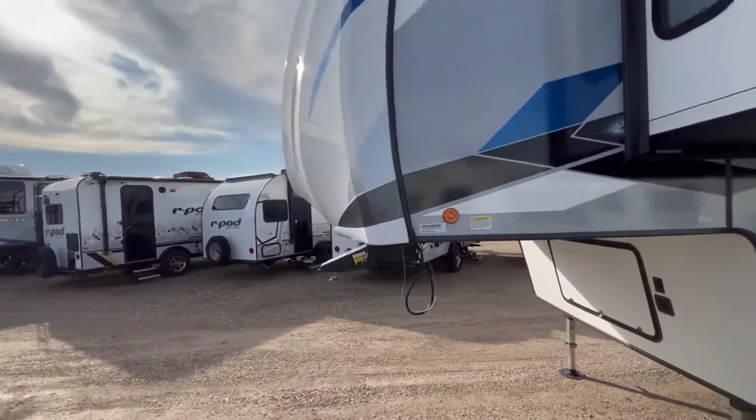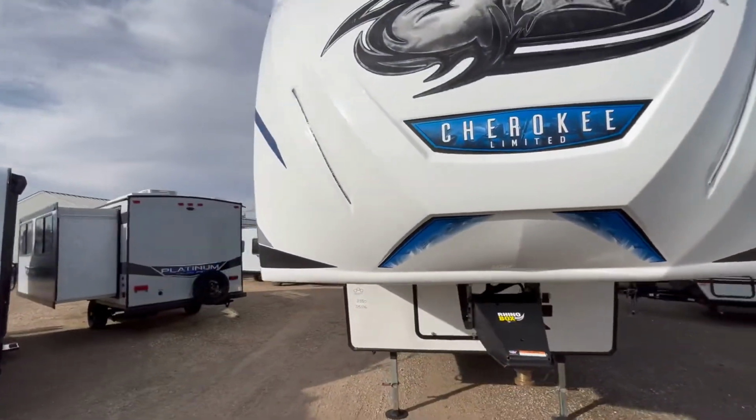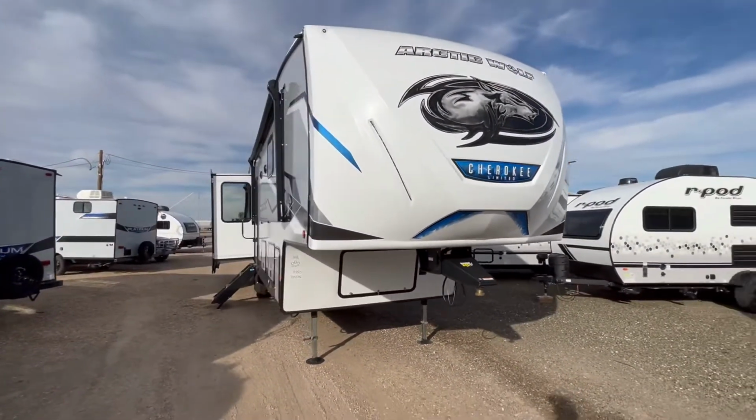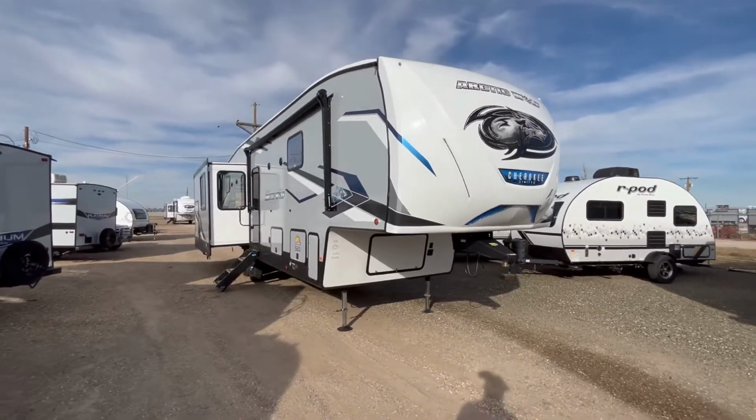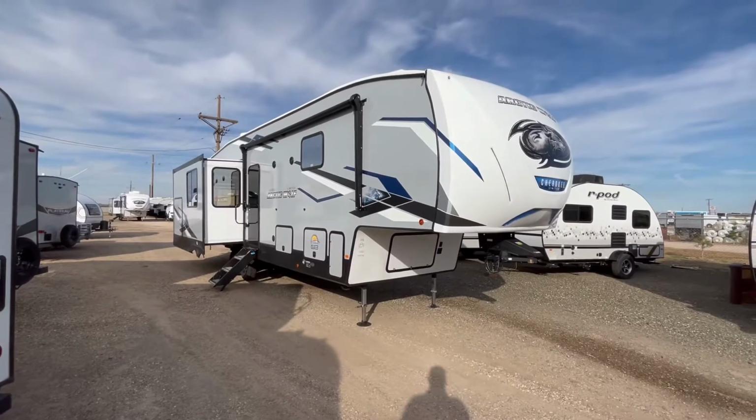So, all right, guys, that's going to wrap it up for the 2023 Forest River Arctic Wolf Model 3550 Suite. If you're interested in this big, beautiful fifth wheel and you have any questions, or if you'd like pricing and availability,